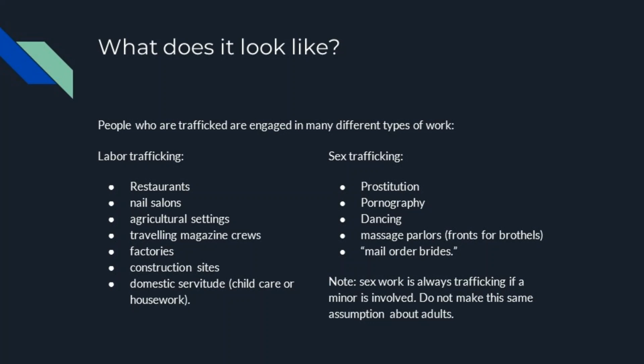So, typical places you might see a trafficking victim could be restaurants, nail salons, agricultural settings, traveling magazine crews, factories, construction sites, or any kind of domestic servitude where they're employed in a household setting, doing childcare, housework, any other household duties, but they are often not free to leave or being held, often without actual physical restriction, but it is implied threat, or a trafficker may be holding on to their documents, or I've seen cases where children were actually not domestic victims and they were brought over from the trafficker's home country and forced to work as household